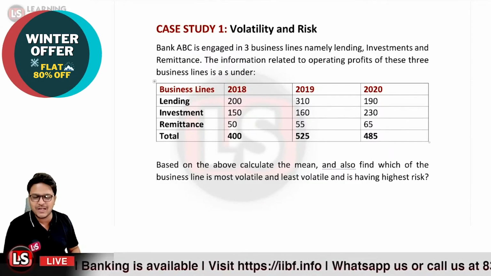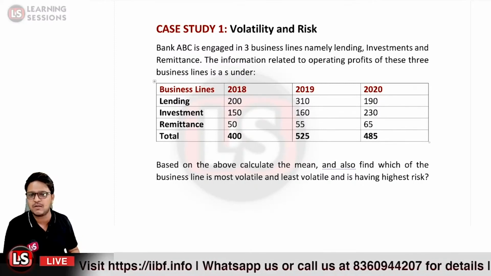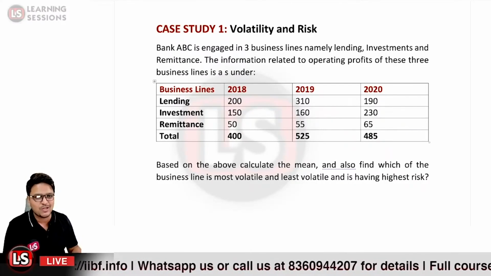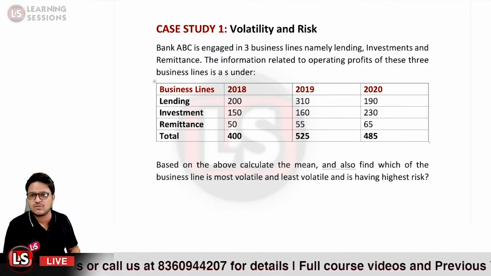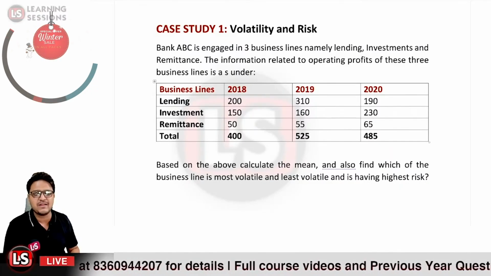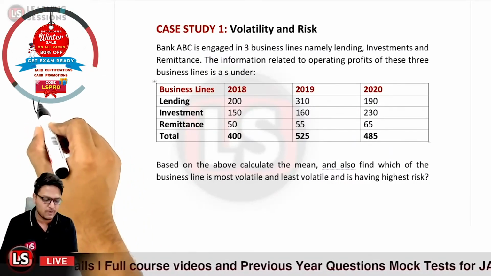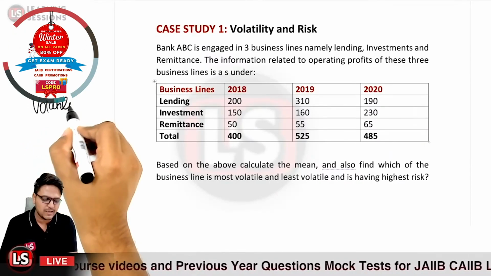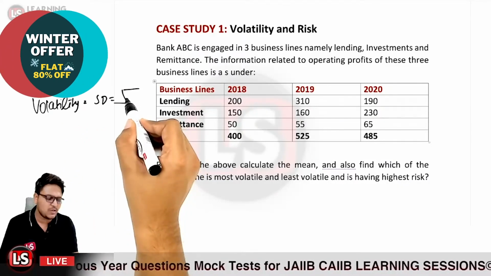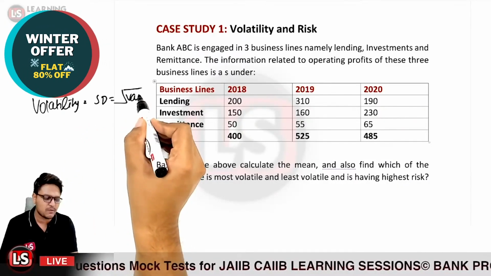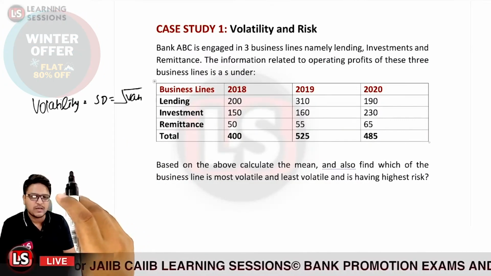So I told you that volatility is related to what? Volatility is the dispersion of the variable around the mean value, that is the standard deviation that we need to calculate. So in this particular question also we will be doing the same, that is, we will be solving for the standard deviation. So what is volatility actually? It is the standard deviation itself. If you remember from the previous lecture, volatility is equal to standard deviation, and standard deviation is equal to the square root of the variance. That is the formula related to it. Is it clear? And now you can calculate the variance too.